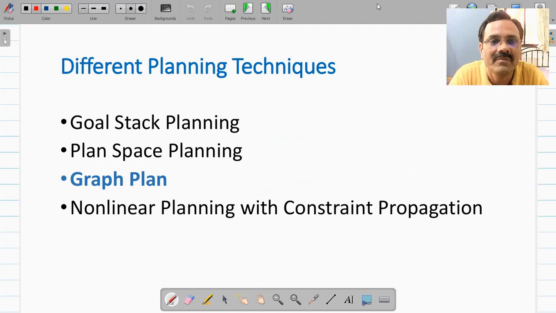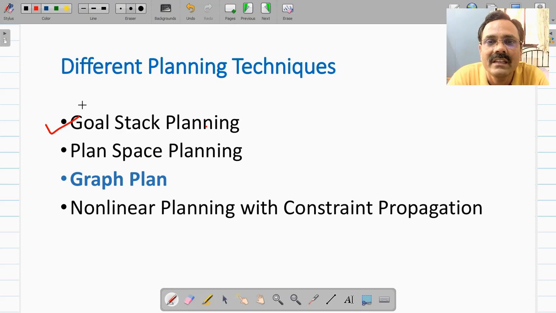Then we saw goal stack planning technique. In goal stack planning we saw that it uses a goal stack and actions and corresponding sub goals are pushed on the stack. An action is removed from the stack only when its preconditions are satisfied.